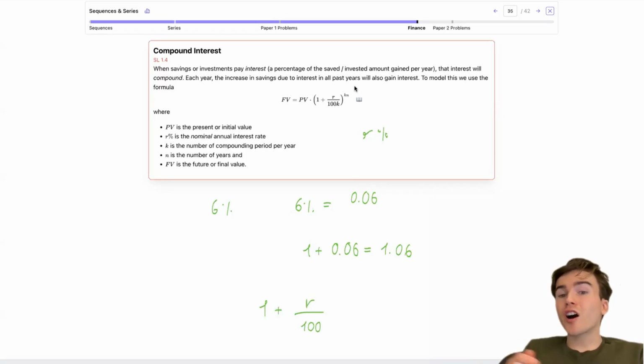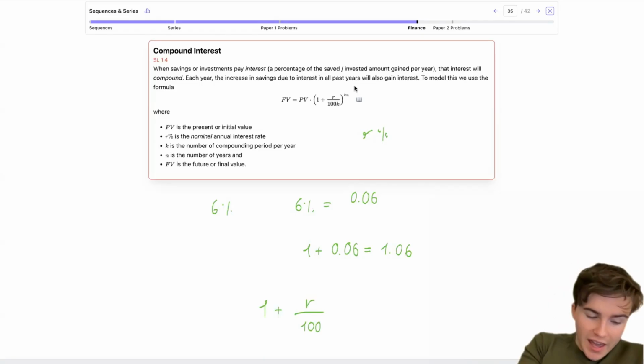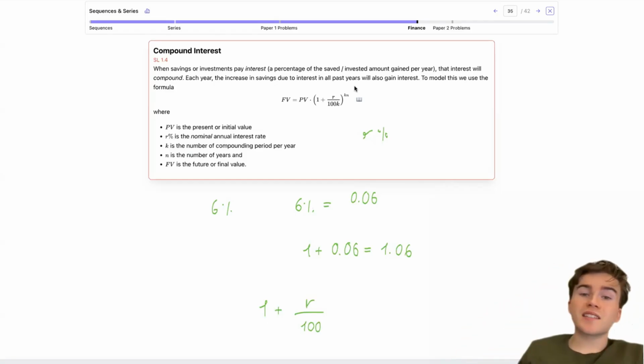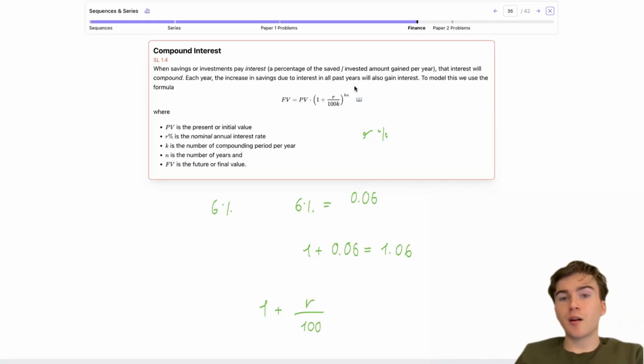So if there are compounding periods within the year, if there are k compounding periods, then we have to modify our formula slightly. So let's say I was going to make 6% over a year, but the compounding is being split up over 4 periods, so quarterly. That means that I'm actually going to gain 1.5%. Instead of 6%, I divide by 4, 1.5% 4 times per year. And that makes a big difference because